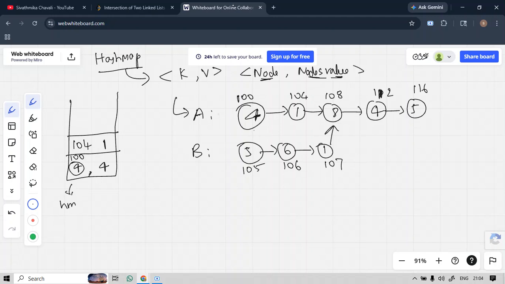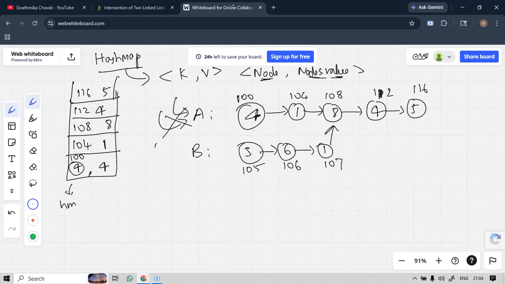The next one, 108, and the value is 8. The next one, 112, value is 4. And the next one, 116, and the value is 5. In this way my node addresses will be stored as the keys, and the values of the nodes will be stored as values. In this way the A iteration is completed.